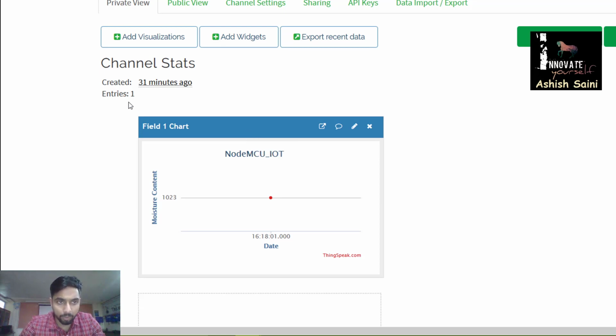So here you can see you have got your first value, which is the first entry, and here you're getting the value as 1023,